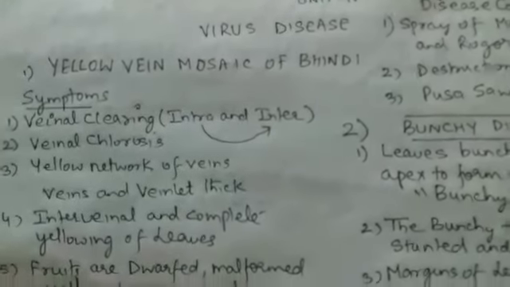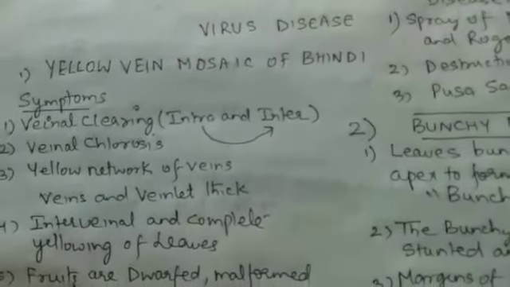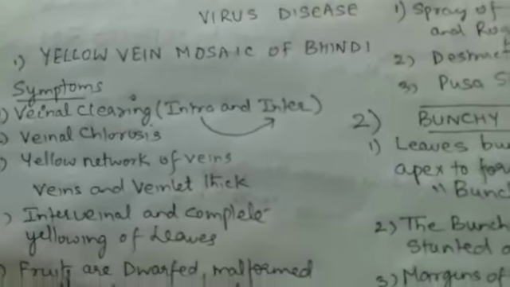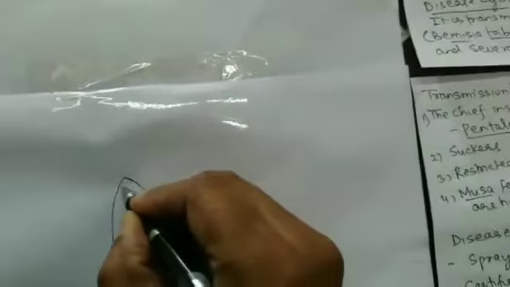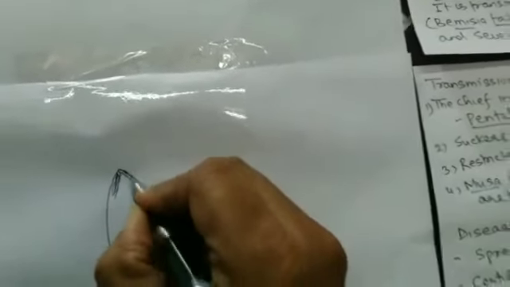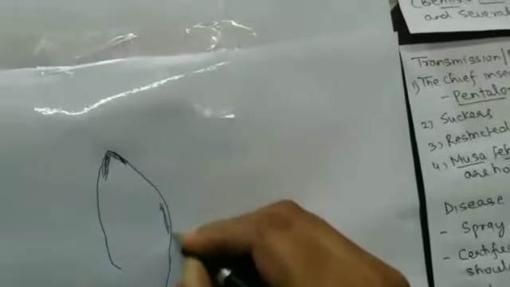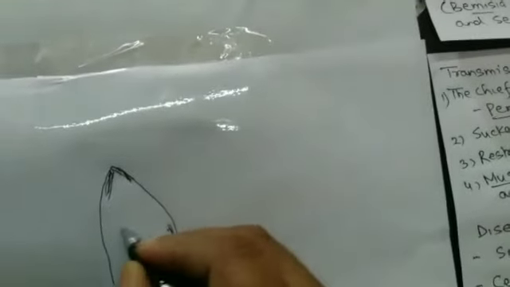Today we are first taking the viral disease of plants, that is the yellow vein mosaic of bhindi. It is similar to the late blight of potato, which we have done. In late blight of potato, this is the leaf and the symptoms started at the tips and then in the margins, and ultimately it spread to the whole leaf and results in chlorosis. And chlorosis, as you know, is followed by necrosis and then death